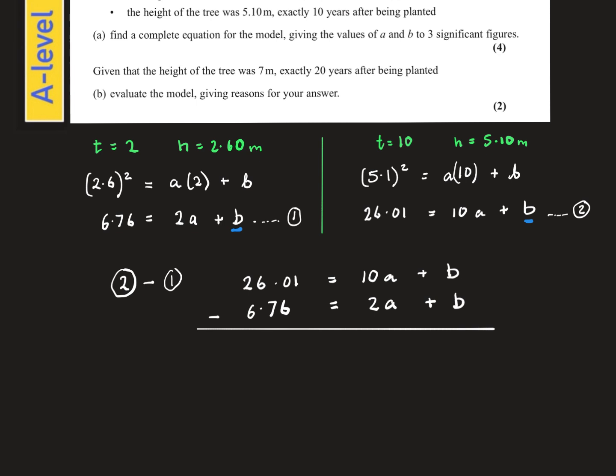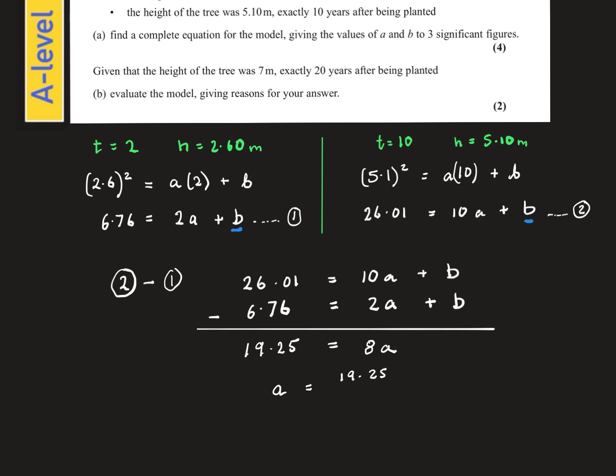As you can see, if I take away b from b, I will get nothing here. Anyway, 26.01, take away 6.76, will end up giving me 19.25, and 10 take away 2 is 8, and nothing for b. So that means that my a therefore is going to be